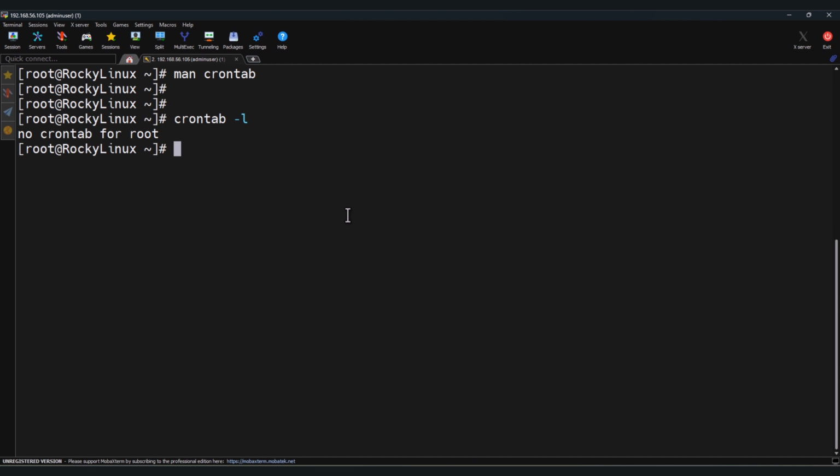Let's see if we have any cron job scheduled. There is no cron job scheduled as of now on my system. So to configure, each Crontab entry follows this format. And here it will be a command or script to run. This is the syntax